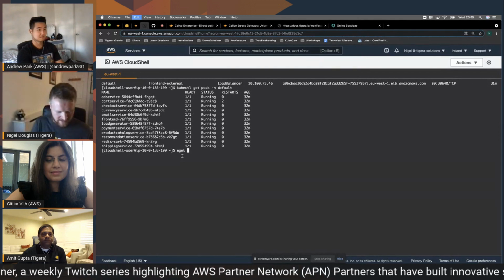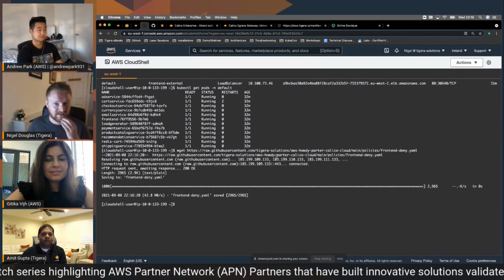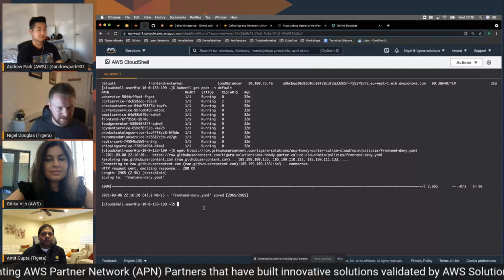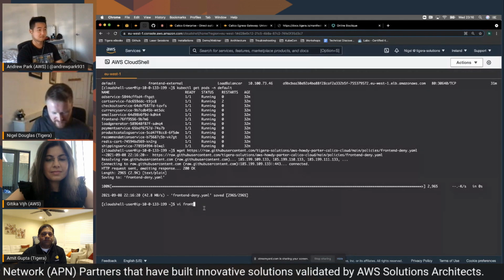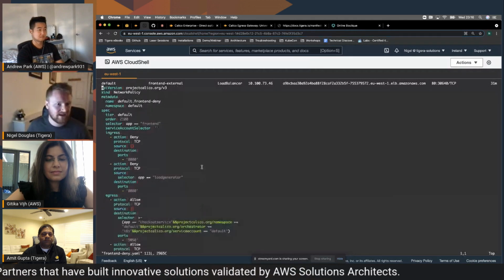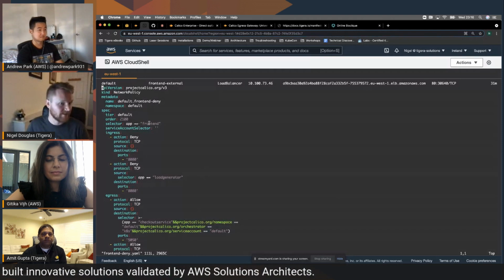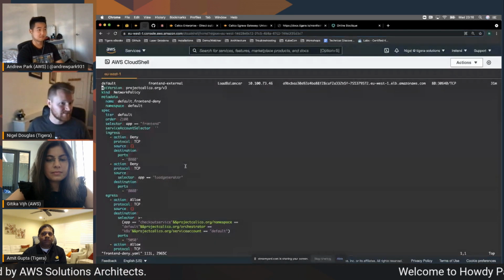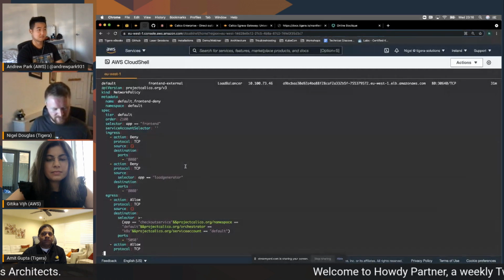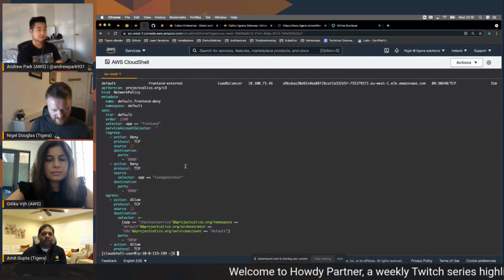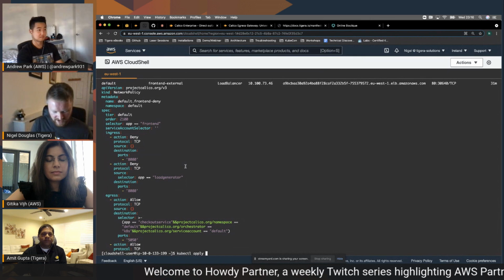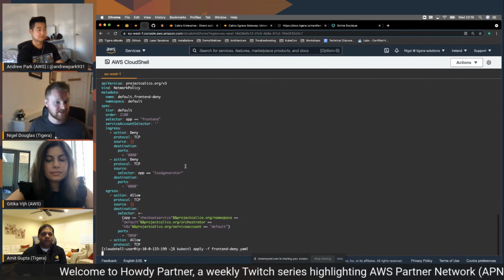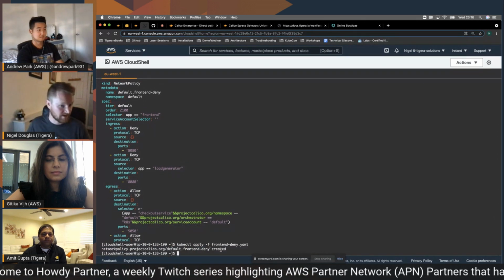I'll just run wget on that file, and it's called front-end deny. There's a typo there, but it doesn't matter. What it's saying is anything with the label front-end, apply these rules, allow and deny traffic. It's very simple. Now I can run kubectl apply -f on the front-end deny YAML file. Again, the policy is created.